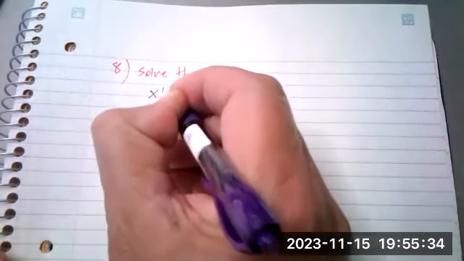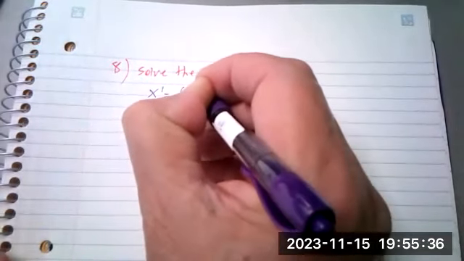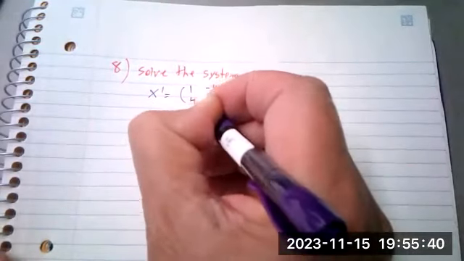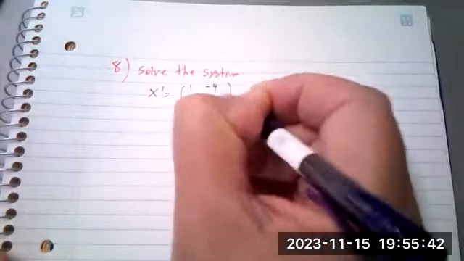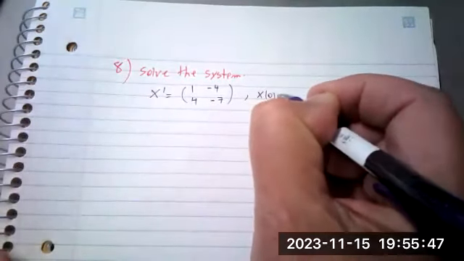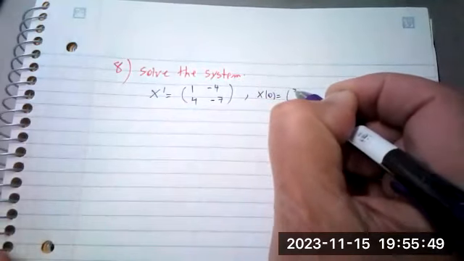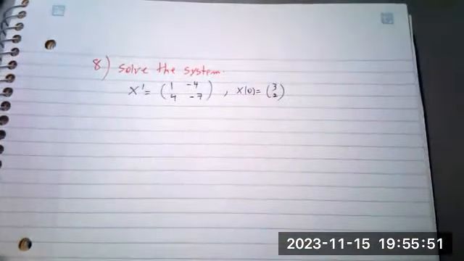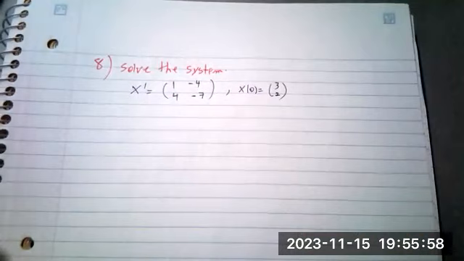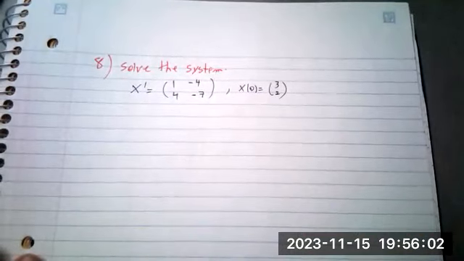This is the system. Intentionally, we write it down in matrix form to give you the idea that you have to use the matrix idea to solve this equation. And the initial condition is given to you. X of 0 is (3, 2). So this simply means X of 0 is equal to 3, and Y of 0 is equal to 2. So you have the initial condition, which means you have to find C1 and C2